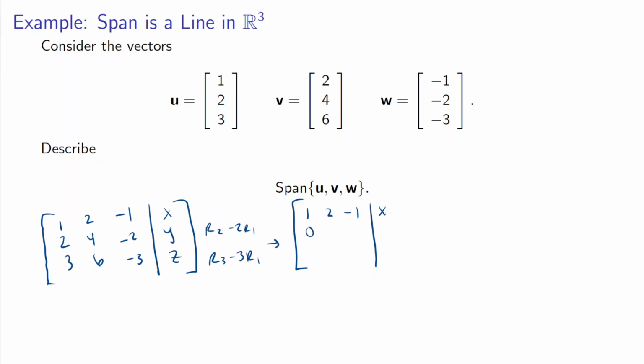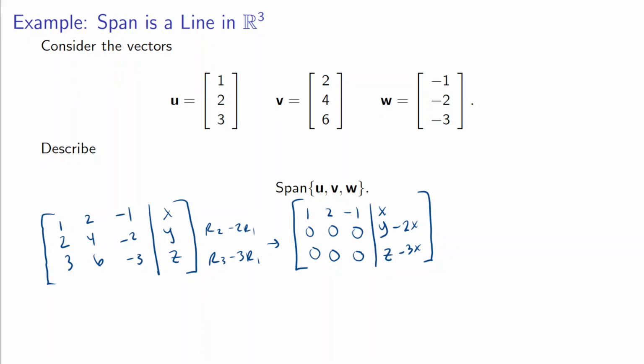Okay, so 2 minus 2 is 0, 4 minus 2 is 0, negative 2 minus 2 times negative 1 would be negative 2 plus 2 is 0. And so we get y minus 2x, and then 3 minus 3 is 0, 6 minus 6 is 0, negative 3 plus 3 is 0, and this is z minus 3x. And we're already in reduced echelon form, and what we have actually is the fact that,